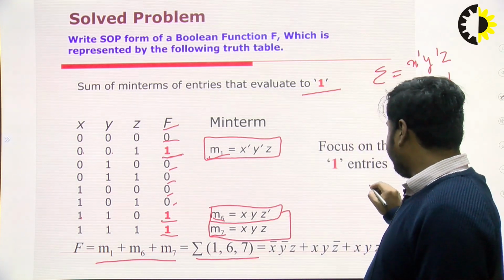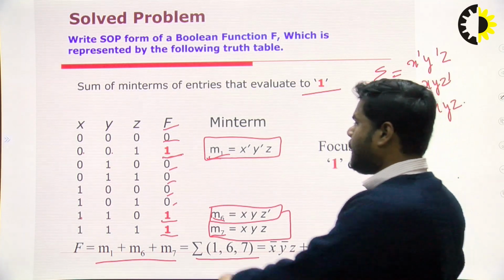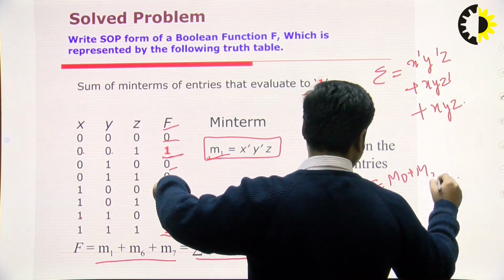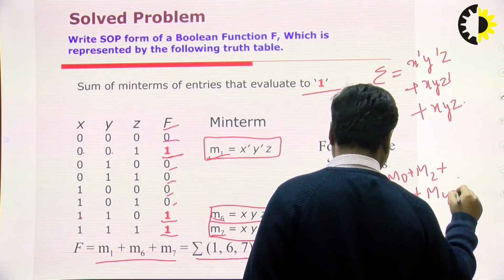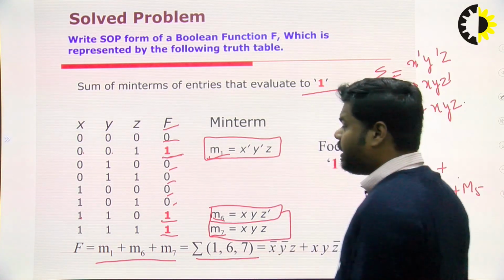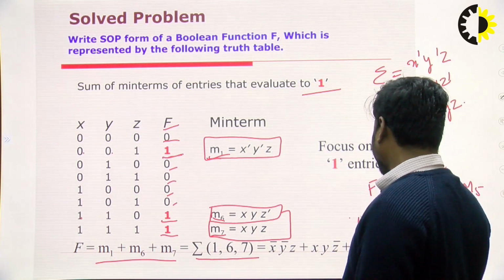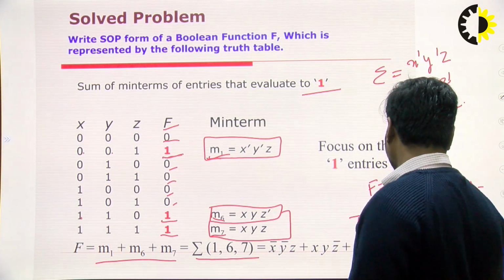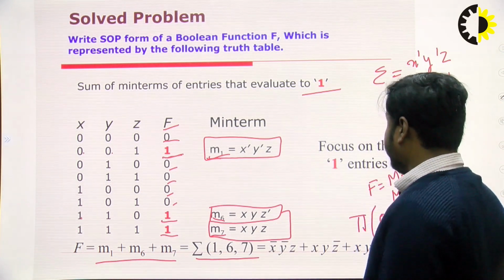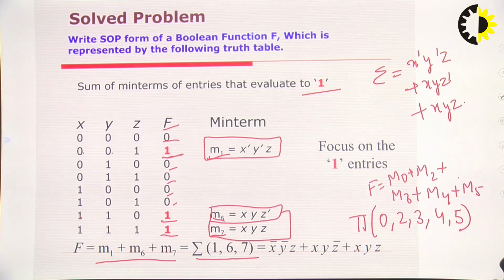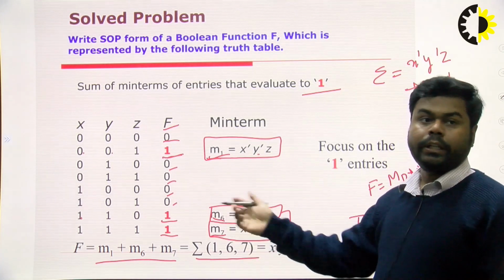So for max term, function should be max term M0 plus M2 plus M3 plus M4 plus M5. Okay, these are the max terms, and we are solving this as a pi. We are assigning pi 0 2 3 4 and 5, and you can write the values for the max term. Now how will you write the values? Here we are taking the multiplication, you are taking the add. Okay,